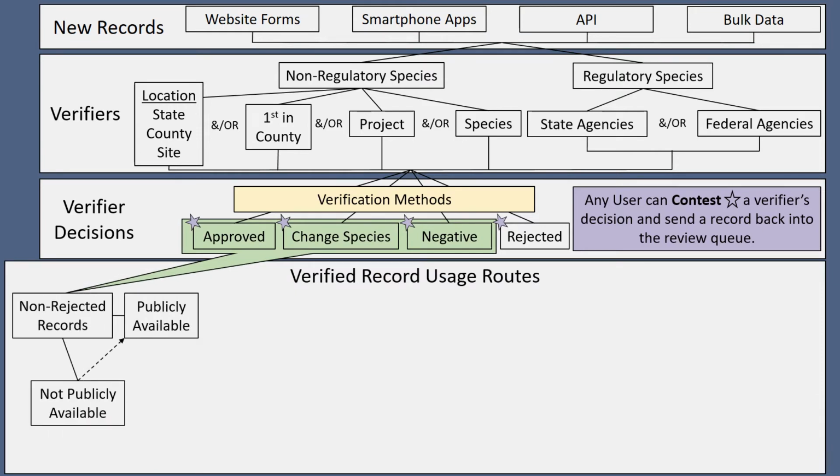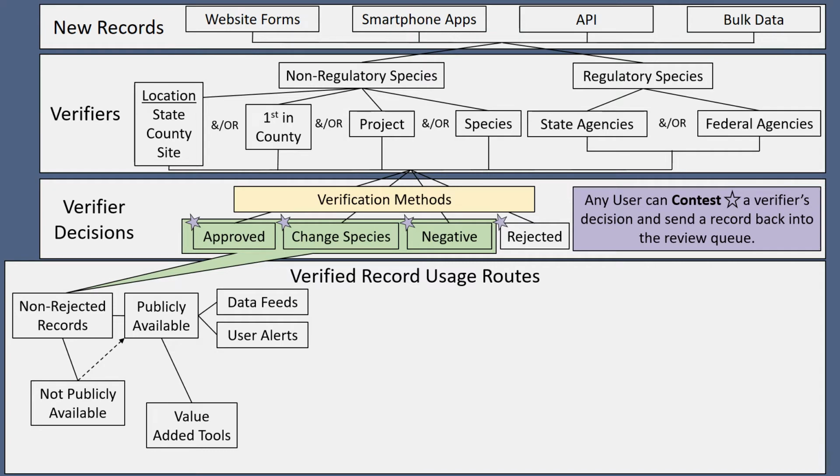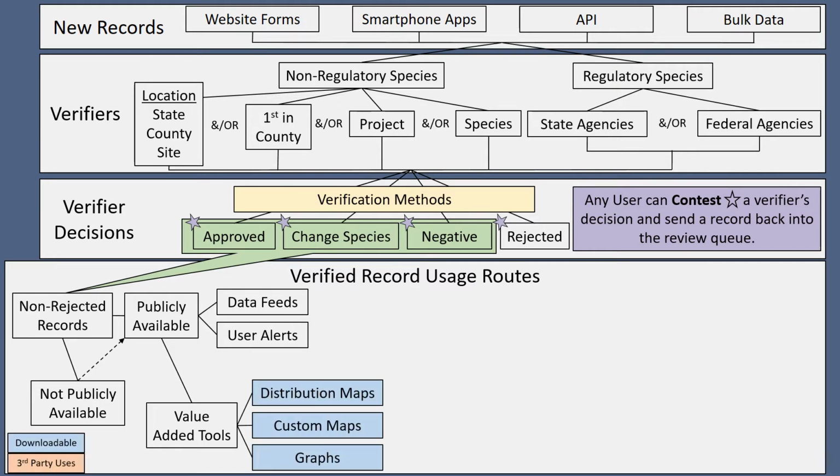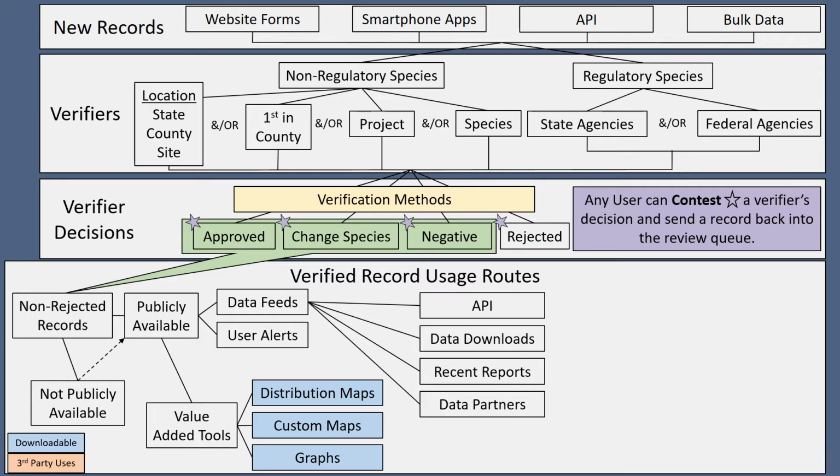Records that are not rejected may be marked publicly available or not. A record that is not publicly available can be made so at a later date. Publicly available data goes out through data feeds, user alerts, which are emails any user can sign up for to be notified of verified records, and through value-added tools. Value-added tools includes all the maps you'll find on our distribution maps page, custom maps such as those on maps.eddmaps.org, graphs, and more. Data feeds include data going out through our API, data downloads, the recent reports RSS feed,